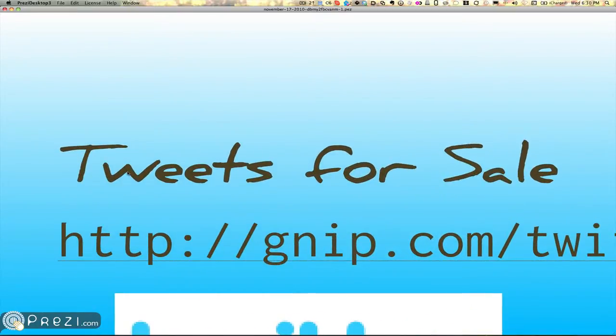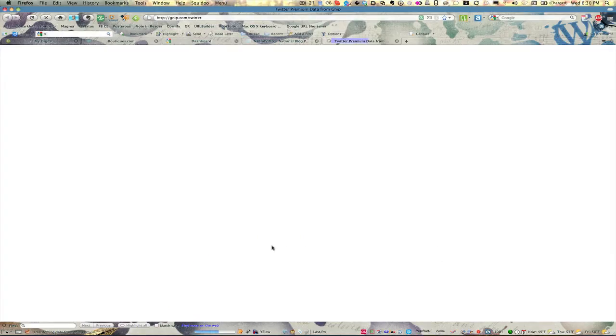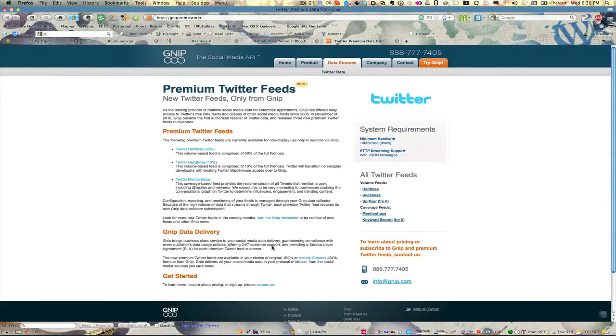In Twitter-related news, tweets are now up for sale. That's right, what you're saying on Twitter can be purchased for all to read. So Nip is the company that is beginning to offer this service. They give you either half the Twitter fire hose or 10% of the fire hose or just some mentions of certain people. The idea here is that for a fee, and I think that fee was mentioned at